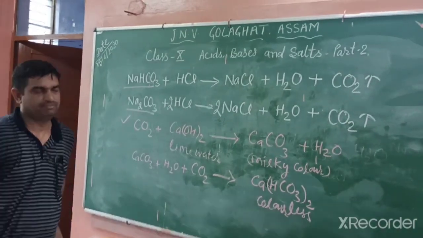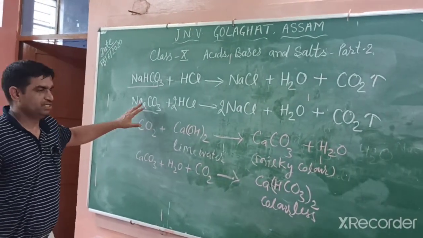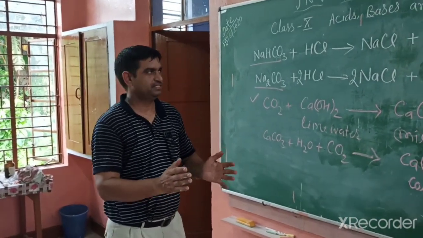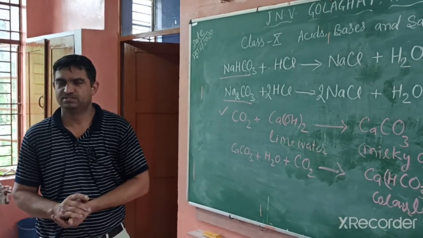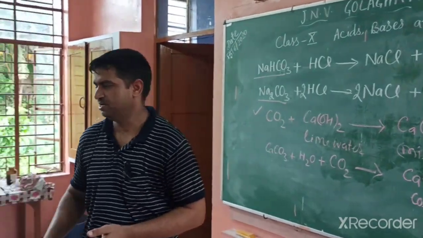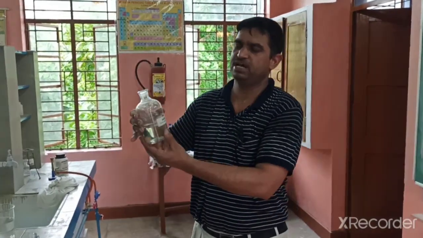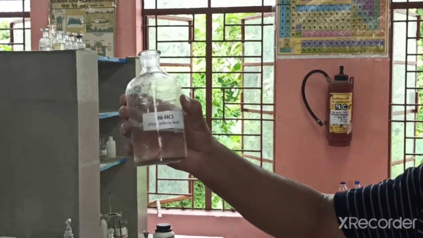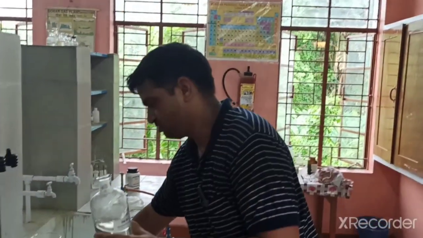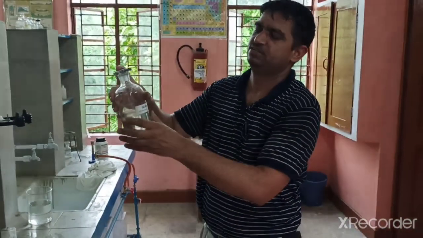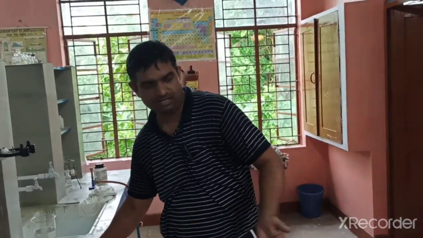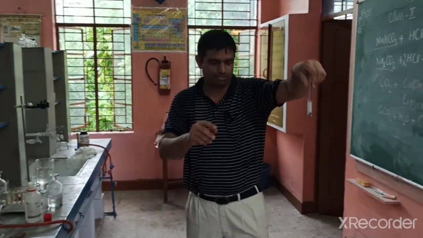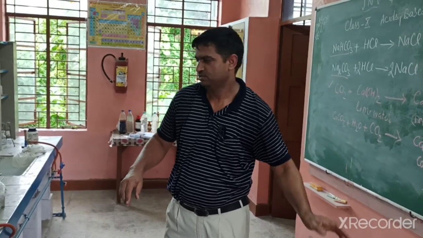So this is one major difference, and another difference, how can we differentiate acid and base, is their properties. There is a practical in our syllabus to study the properties of acids. In 10th class there is a practical to study the properties of acids like HCl, H2SO4, acetic acid. So we can easily identify what acids are. When acids react with metal, they release hydrogen gas, and that hydrogen gas burns with a pop sound.